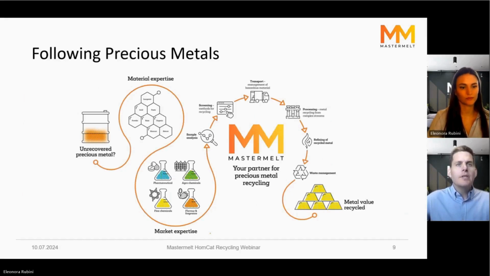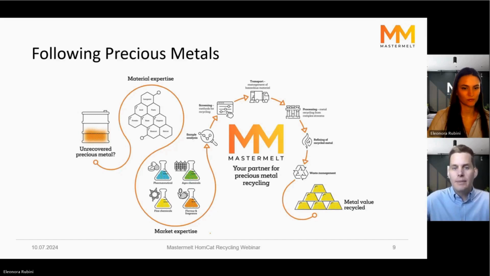So we've looked at the first part of our journey with Mastermelt. So you're looking at where are my precious metals? So we know where they are now. We know what type of materials I'm looking for and what can be processed. And what industries do these materials come from? Well, they come from pharmaceutical, agrochemicals, flavors and fragrance, and fine chemicals, all industries which use large quantities of these